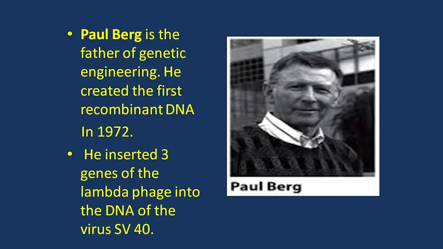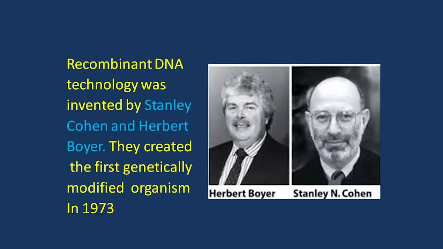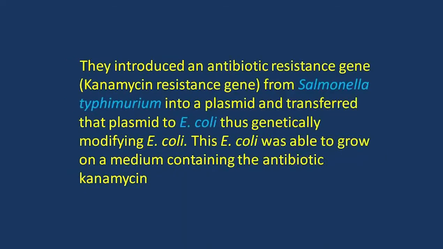What he did was he inserted 3 genes of the bacteriophage called lambda phage into the DNA of the virus SV40. The first genetically modified organism was created by Stanley Cohen and Herbert Boyer in 1973. It was a genetically modified E. coli. What they did was, they introduced an antibiotic resistance gene, which is kanamycin resistance gene, from the bacterium Salmonella